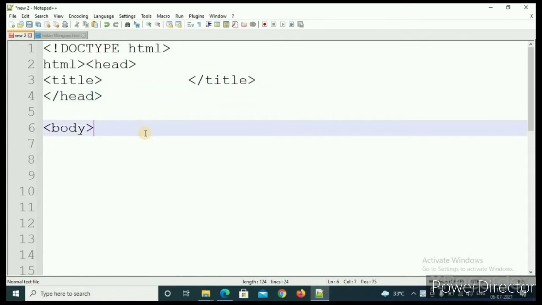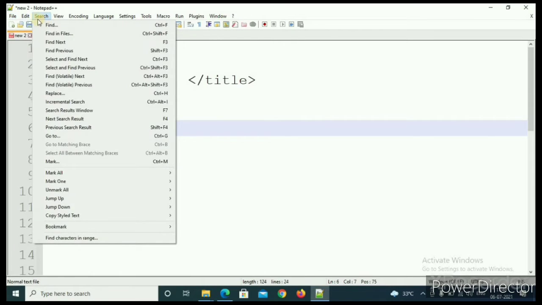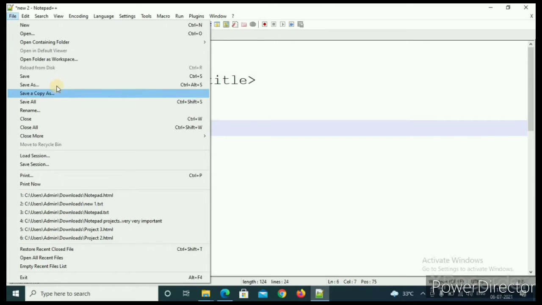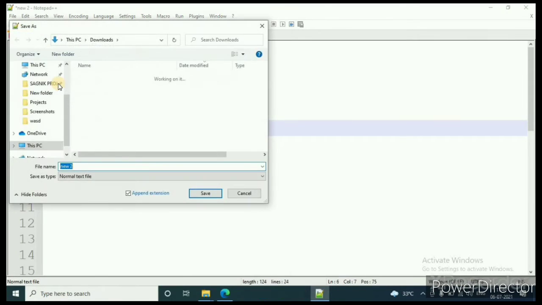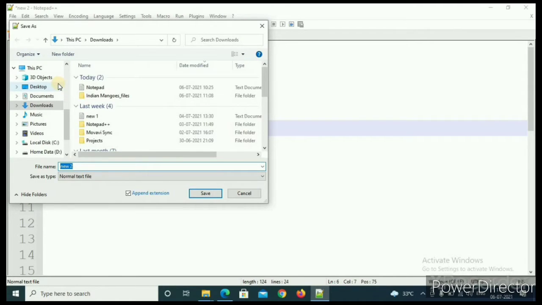So after writing this, click on File and then Save As. Select your location and the name.